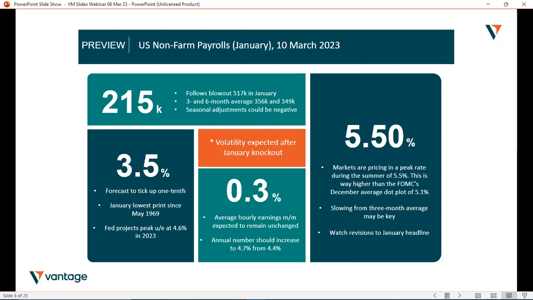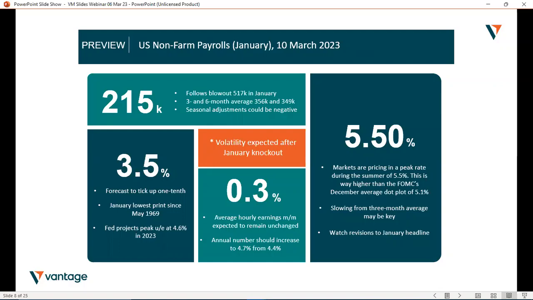And that then will probably be a signal for markets possibly to reprice the pricing of anyway the March meeting. Analysts, or economists, have argued that the January upside may have been a result of seasonal adjustments, and that could be a negative factor actually now in the February data.